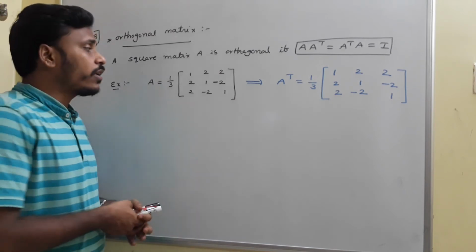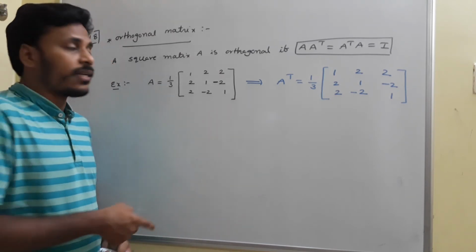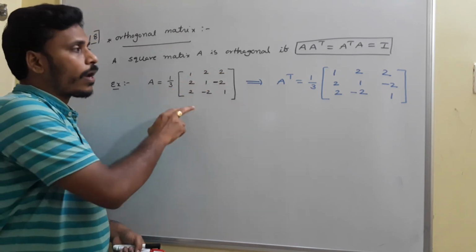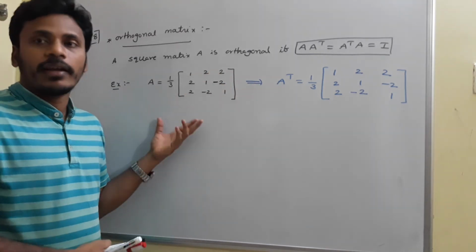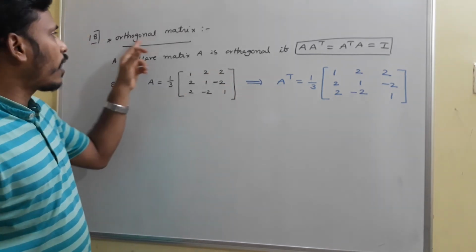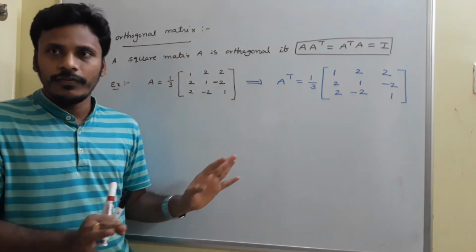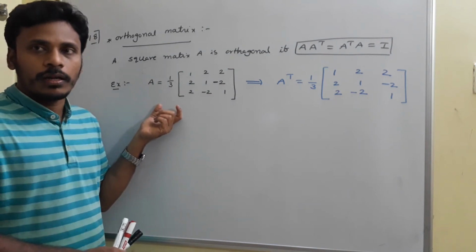And one more thing is, this is again symmetric also. As we discussed in the last class, the elements in the upper diagonal and the lower diagonal are the same. If you write the transpose, you again get the same matrix, so you may call it symmetric also. But here our discussion is about orthogonality, so don't think about the symmetry, just leave it. So this A becomes symmetric as well as orthogonal.